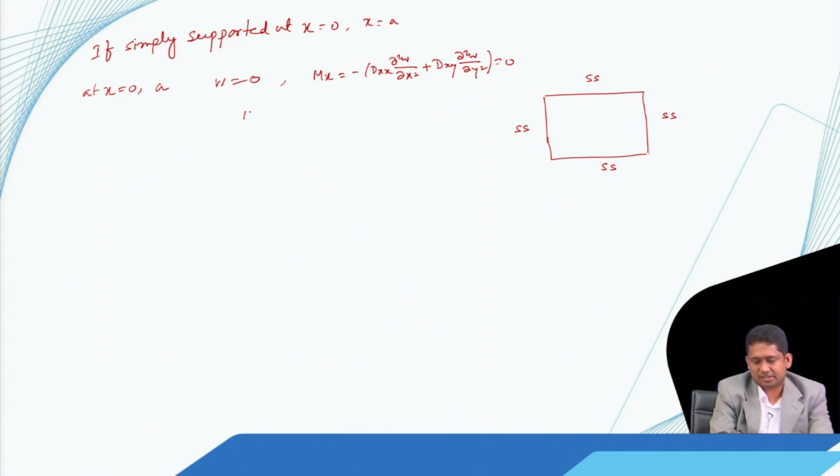This tells us that at x equal to 0 and a, Wn should be 0,